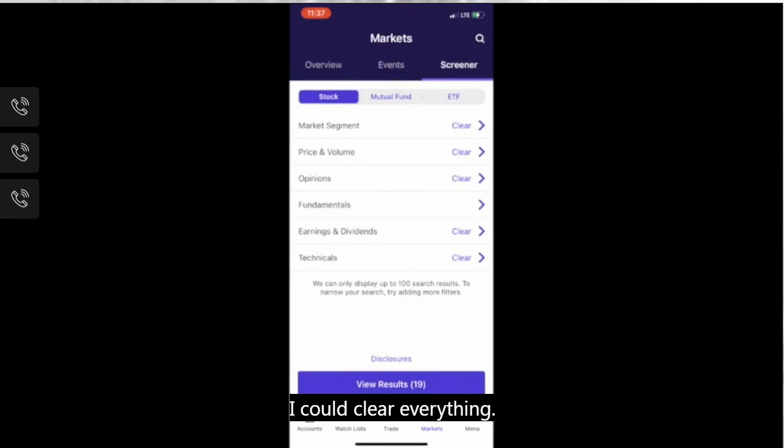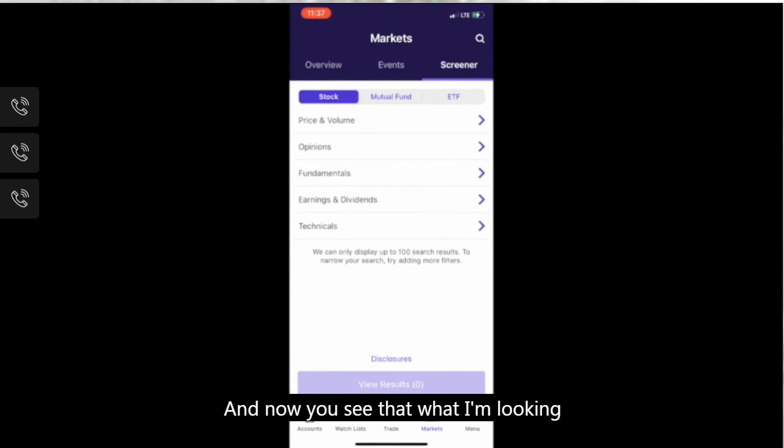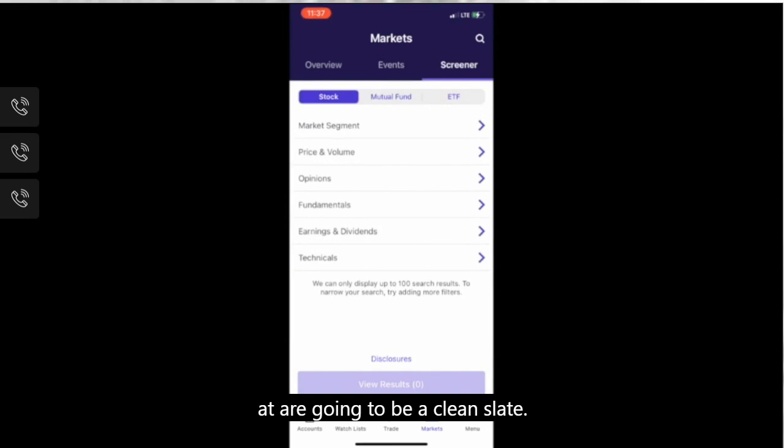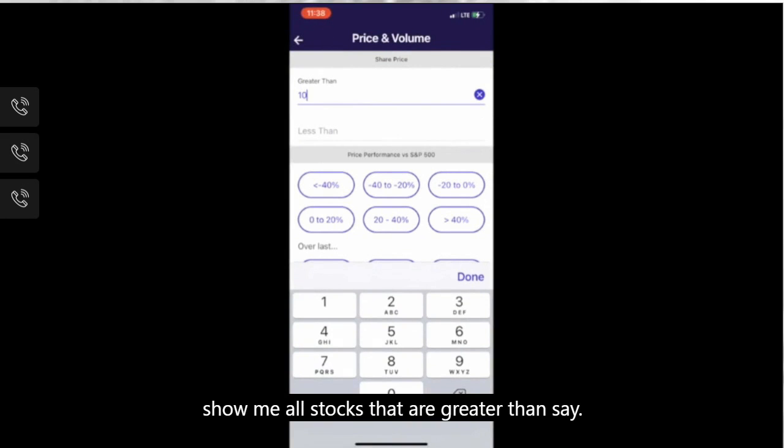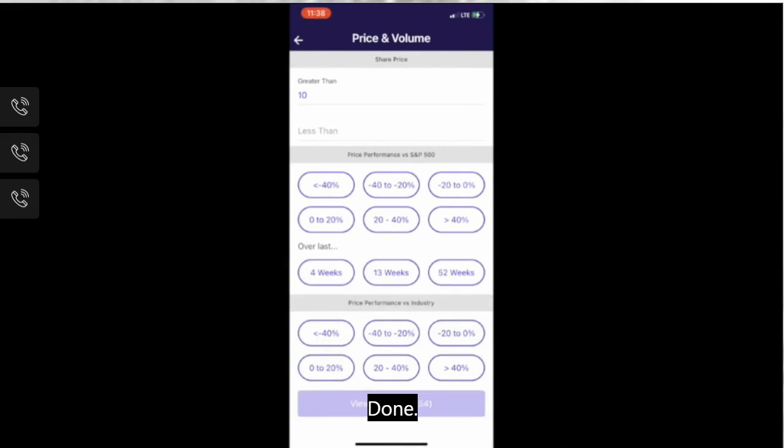I could clear everything. I've obviously got some earlier screens on here. Well, let's say that I want to clear price and volume. Just hit the clear button. If I want to clear all of them, there I go. I can clear all of these. And now you see that what I'm looking at is a clean slate. So now I can start with, say, show me all stocks that are greater than, say, $10. There we go. I'm going to hit done. And now I've got, as you can see at the bottom there,